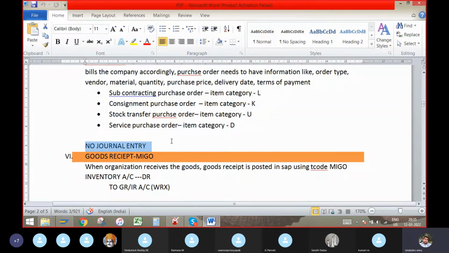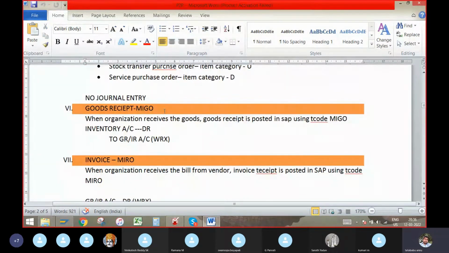Next, goods receipt MIGO. Here, FIMM integration will happen when organization